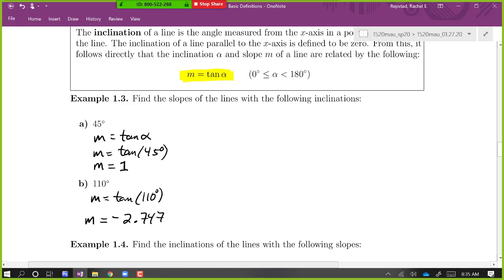So we got a positive slope in part A for that acute angle. Right, this is 45 degrees. This is going to look something like this. And we got a negative slope for the obtuse angle. And that kind of makes sense. That looks something like this. So there's the 110 degrees. It's going to correspond to a negative slope. There's our acute angle that corresponds to the slope of positive 1.